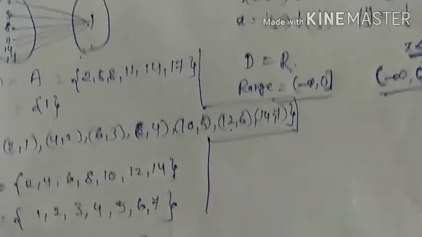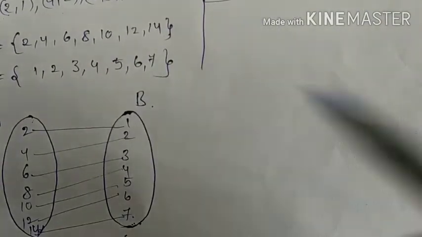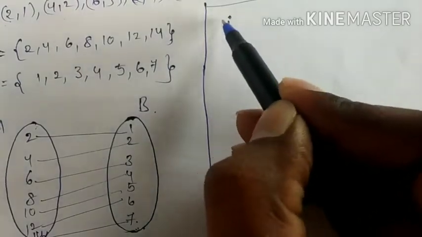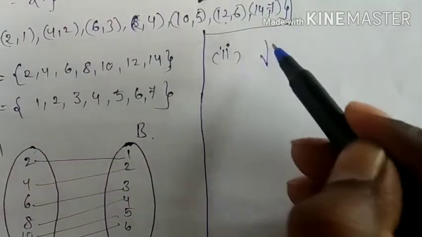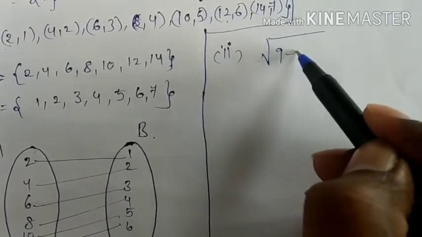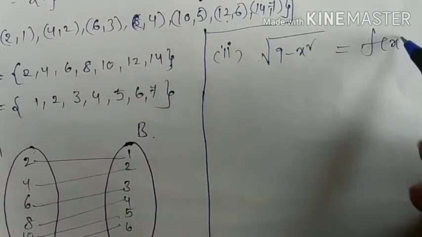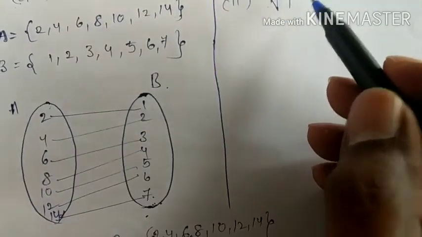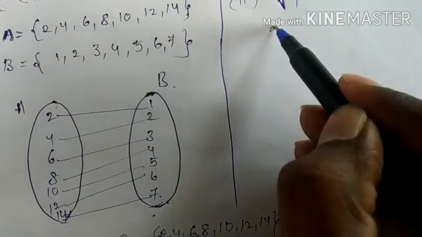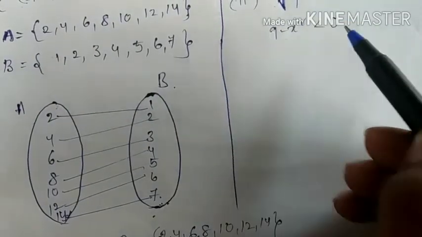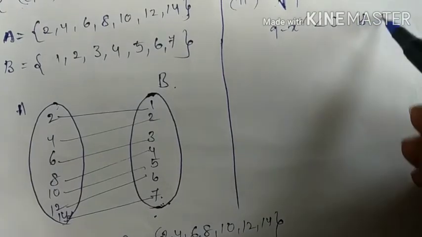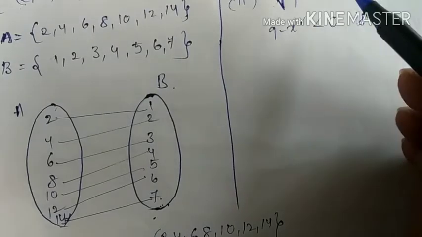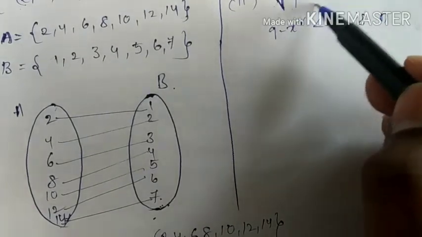Okay, now let's see the second problem. I will give the idea about this, so you can try this one. The second one is f of x equals root over 9 minus x square. So f of x is given as root over 9 minus x square. Here, if 9 minus x square is less than 0, it is not defined, right? So if the value inside is less than 0,